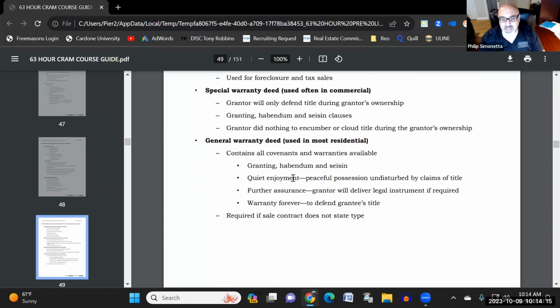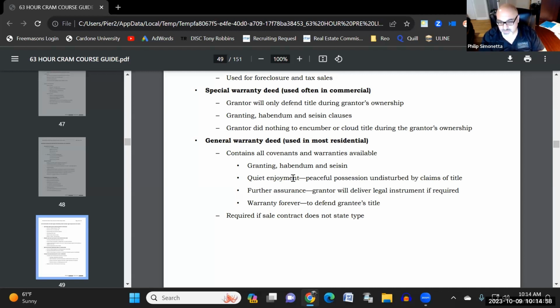Then you have a special warranty deed. Remember, special is usually focused in. General is everything. Remember that on your exam. So special warranty deed, and remember, it's used often in commercial. The grantor will only defend the title during the grantor's ownership. So from the time the seller bought it till now, they'll defend that. There's a granting, a habendum, and a seisin clause. And the grantor did nothing to encumber or cloud title during the grantor's ownership. That means there were no judgments, no liens, nothing that they did